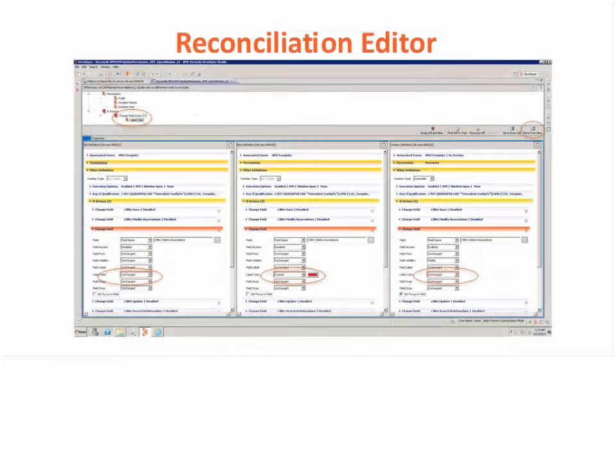So this is how the reconciliation editor looks once you click on the object that is available for reconciliation. It shows you the differences at the top, and in the lower part it has three editors. One is from the old definition, the middle one is from the new definition, and the right one is the overlay.